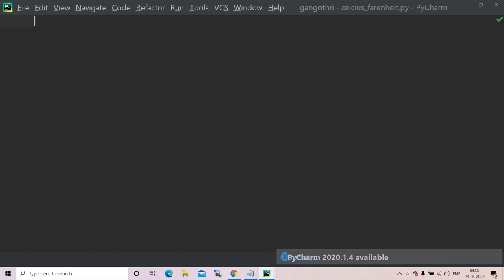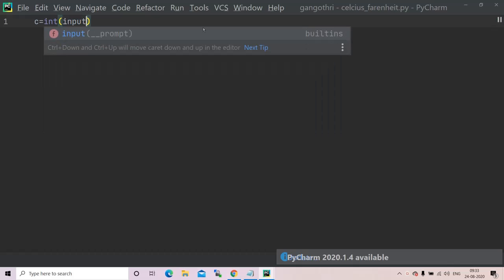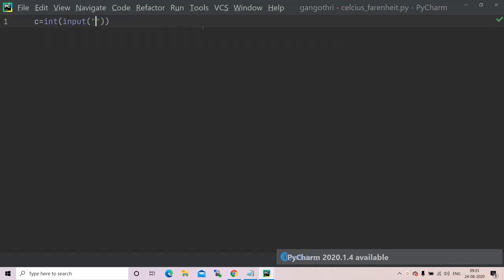Firstly we need to declare and define the variable for our temperature in Celsius. I'll take it to be C. I'll have int. I'll use the input function here. Enter the temperature in Celsius. Okay, now